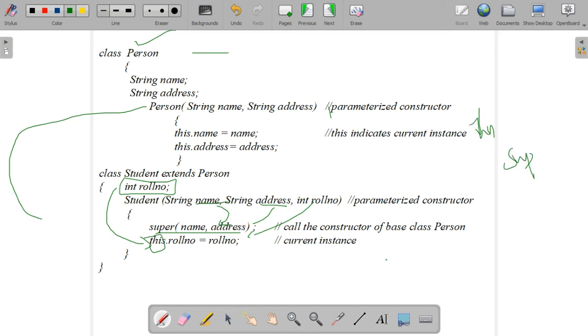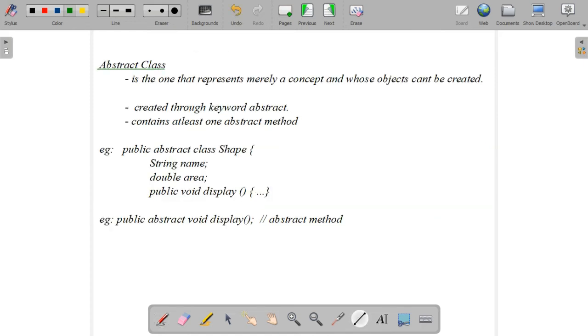So this is the way we call the constructor of the base class in the child class constructor. Then the last one, this.rollNumber = rollNumber. That means roll number is the instance variable declared in the child class, and that instance variable is assigned this parameter, indicated by the keyword this. So here we have discussed the keywords this and super. What is the use of the super keyword? The super keyword is used to access the overridden method and to inherit the base class constructor in the child class constructor. Okay.